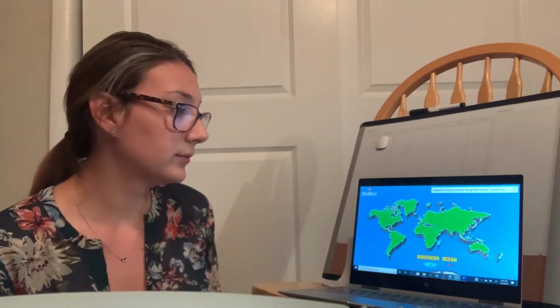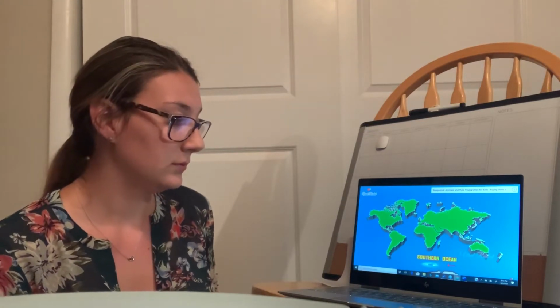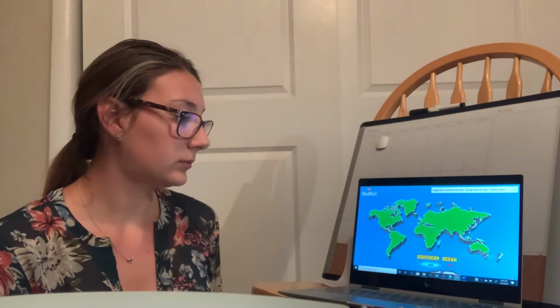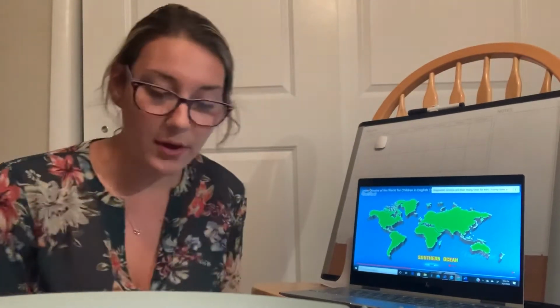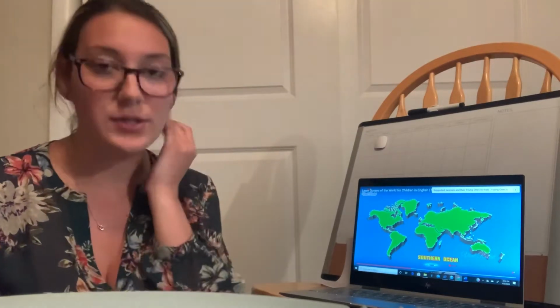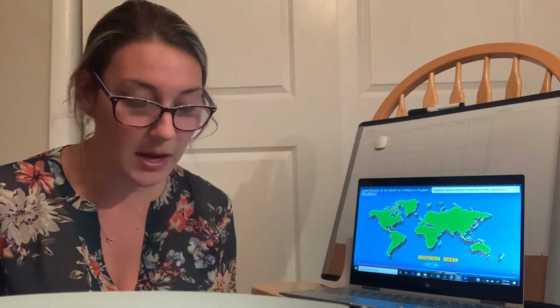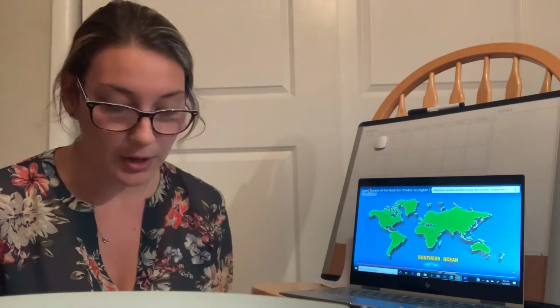Southern Ocean. Southern Ocean is the world's newest and fourth largest ocean. The Southern Ocean is a new ocean. Who can tell me what is the fourth largest ocean? Yes, Luke, the Southern Ocean. And the Southern Ocean also has another name. It is called the Antarctic Ocean, but we will be using the Southern Ocean for our bubble chart.